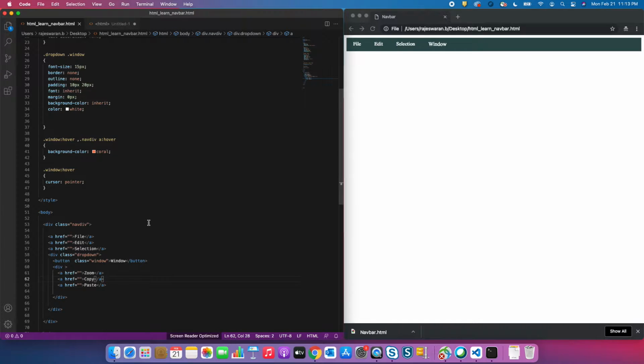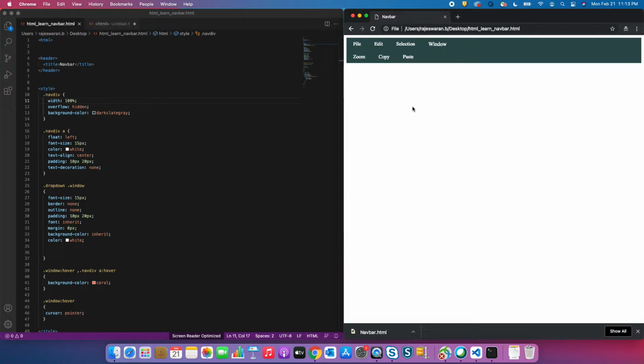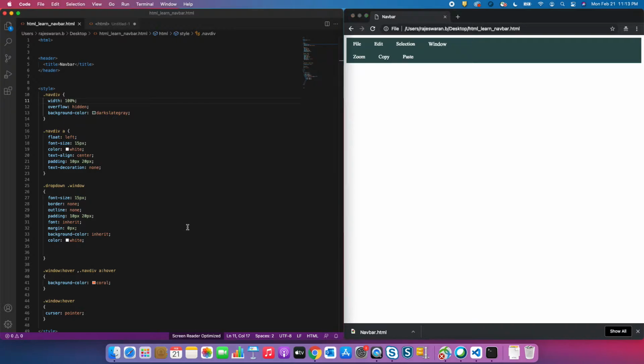This might be because we have given the height as 40. Because of 40, it's trying to hide everything. Let's say overflow, make it hidden. Look at this one. So now you see that, right? Now you see the content. Now let's look at how we can